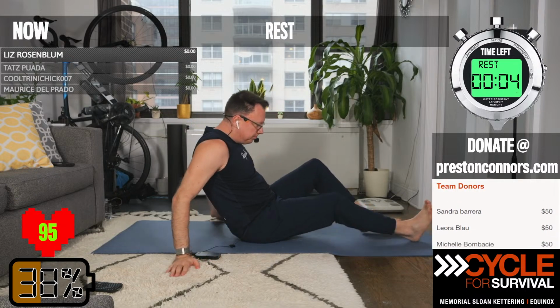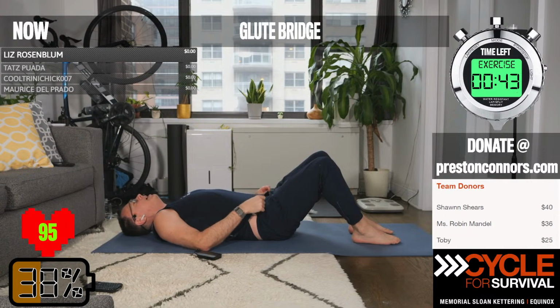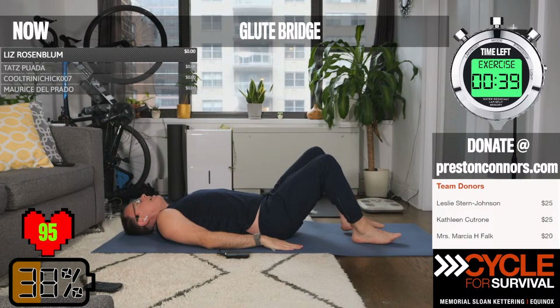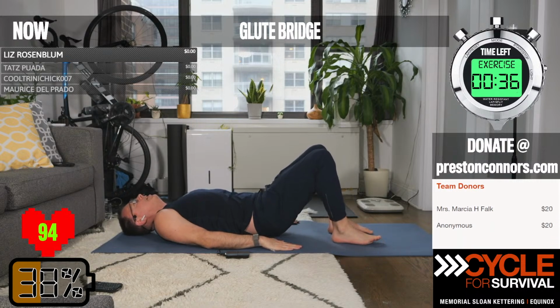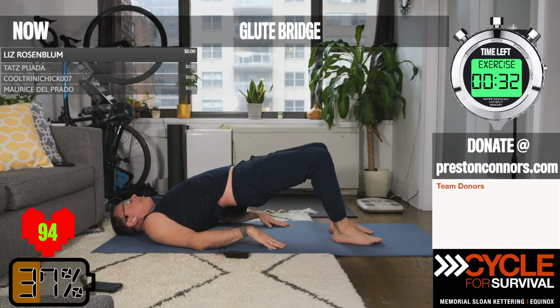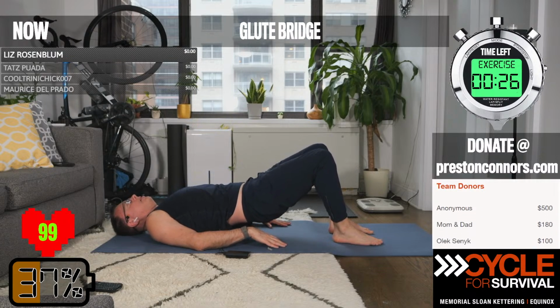Glute bridge up now. Lie on down, feet on the mat, knees as wide as your feet. Hands down by your side. Press into your feet. Use your glutes, squeeze your glutes to lift your hips up to the sky. And then when you have them as high as you can go, exhale